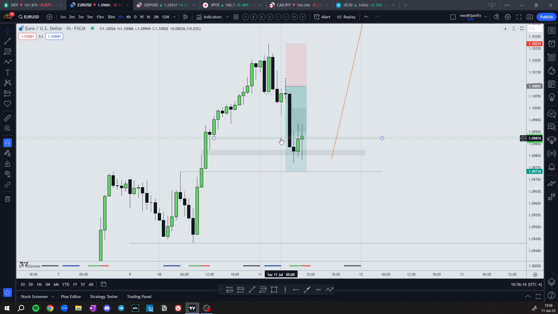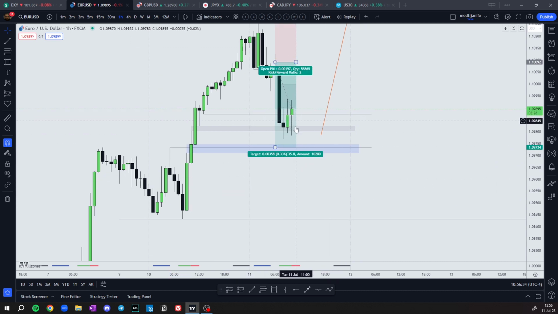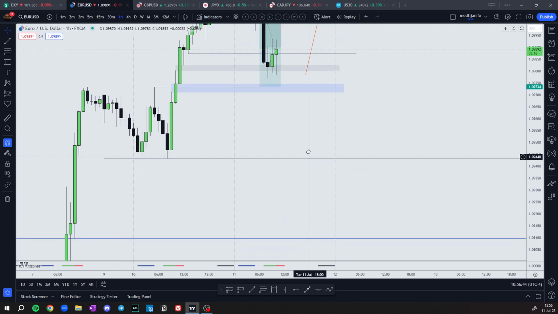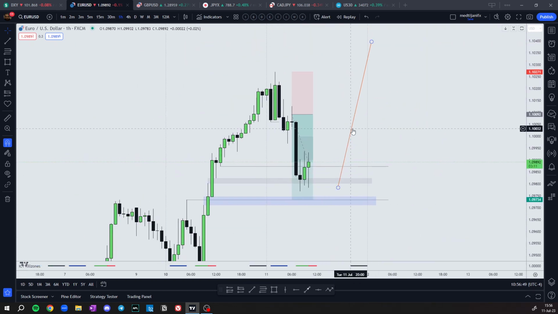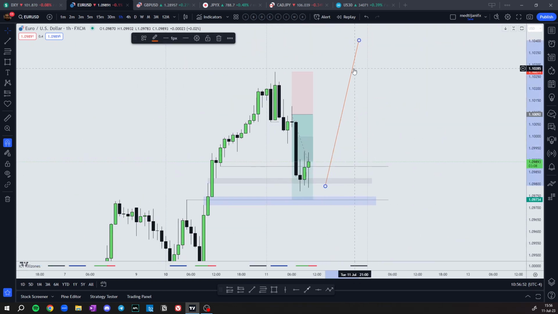Of course, I took partials at the fair value gap first, then I'm expecting the whole fill of this fair value gap, maybe the 1-hour fair value gap that overlaps with the 4-hour fair value gap here. Then if price keeps showing displacement lower without any reversal, then we could say price is going to take this consolidation low here and look for some buy entries at this point. Until then, I'm still expecting some bullishness from this fair value gap,